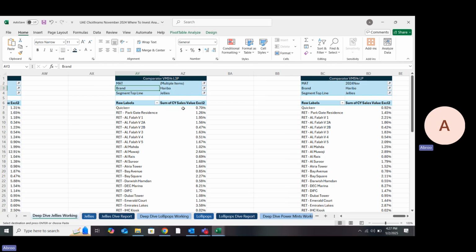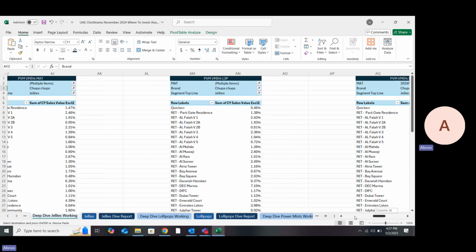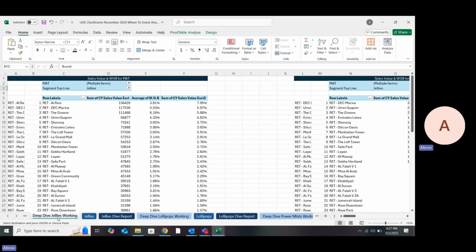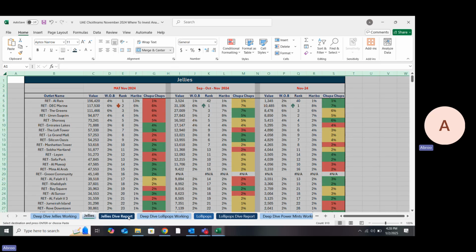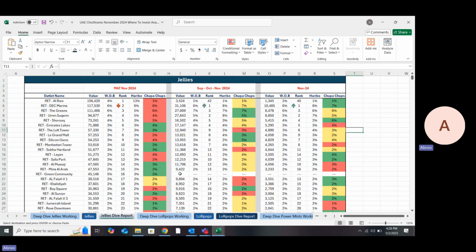you just have to select the MAT in the first sheet. Then what is your next step? Come to this sheet, copy these outlet names, paste them as values here, and just this one working. After that, copy this, place it here, and replace any not available or blank value here